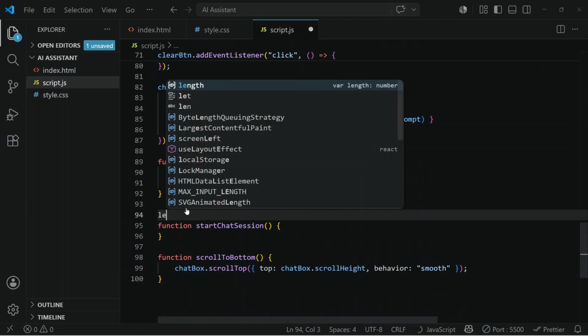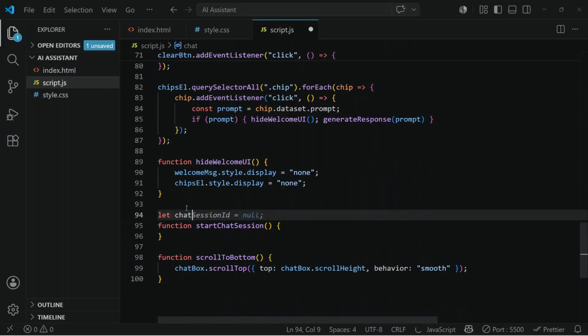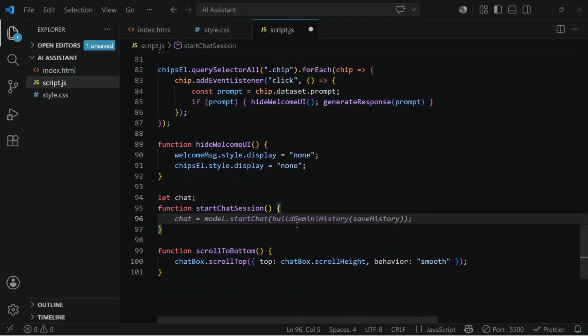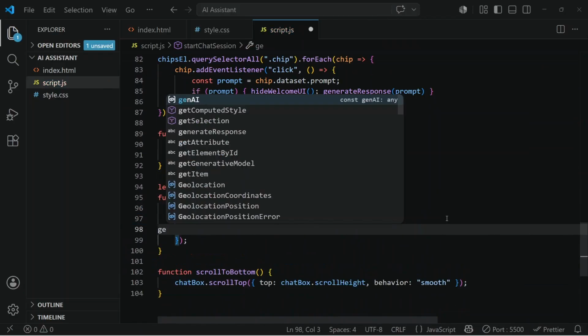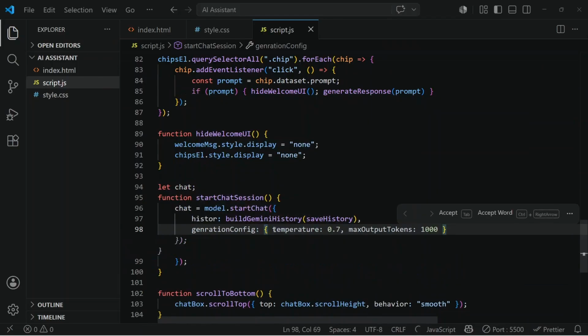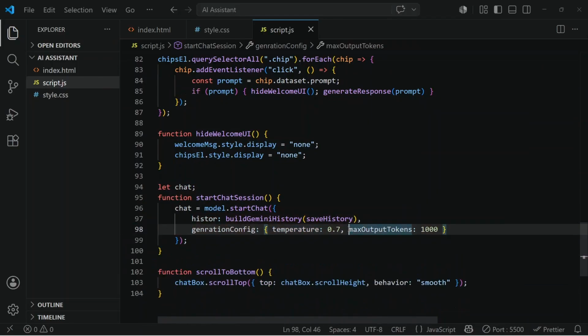And now I'm going to create the chat session with the help of the global variable chat. With this chat I need to assign model.chats. With the help of an object we have the history of buildGeminiHistory, and we have the saved method here. Next to this we need to generate the configuration. For that we have a generationConfig with maxTokens of 1000, and then we have a temperature also 0.7. This temperature is for accuracy. Right now I give this with the generationConfig, and then maxTokens I will set 8192, some random number,